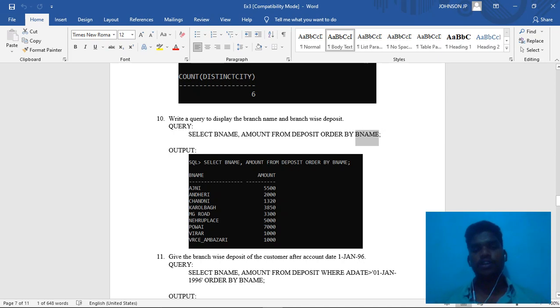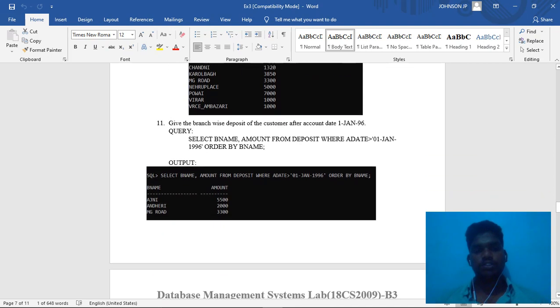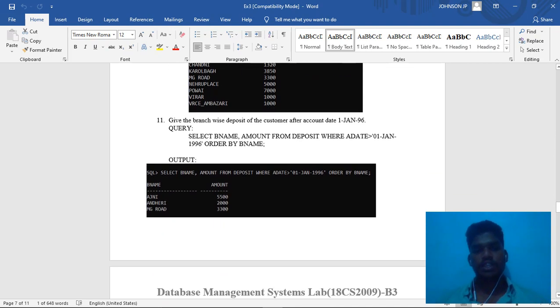The 11th question we will see is give the branch-wise deposit of the customer after account date 1 Jan 96. Select B name, amount from deposit table where A date is greater than 1 Jan 96 ordered by branch name. So it is ordered by branch name, and we see the branch name and the amount from the deposit table.